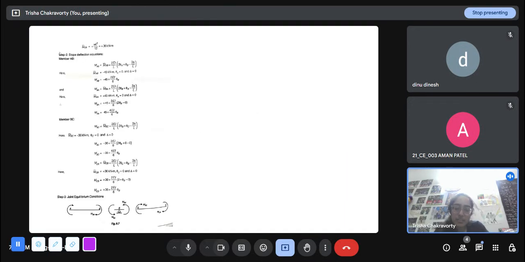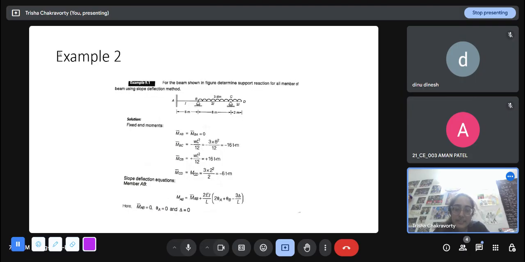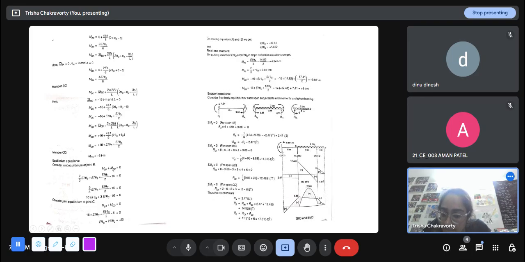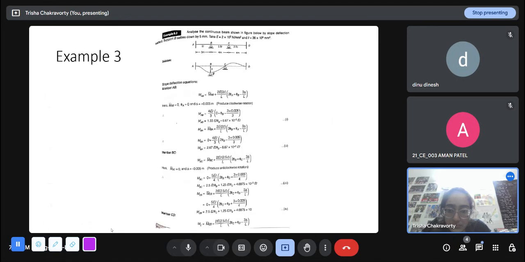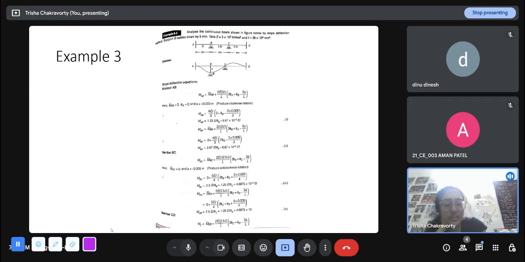So this was a fairly good example covering all the things we can get in slope deflection, except the support settlement part. Let me see if I have that here. I think in this one, in CD there will be a delta. One second. Okay, now since there is no delta here, let's look at this example to see how the delta is implemented.